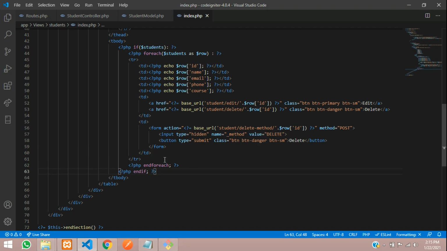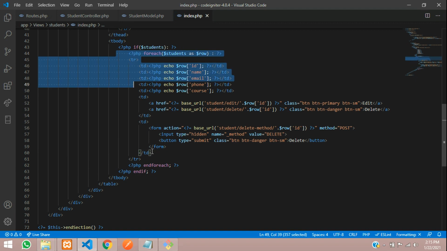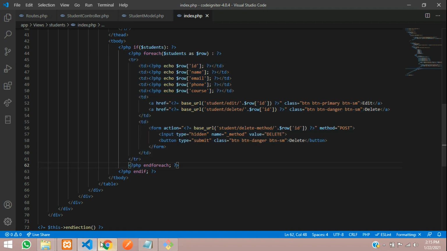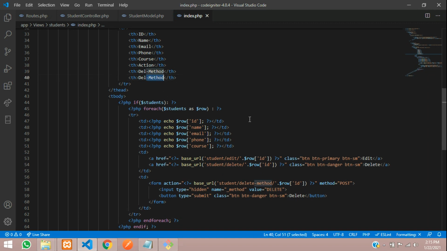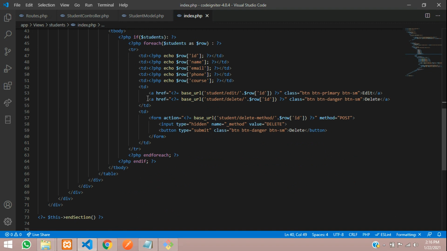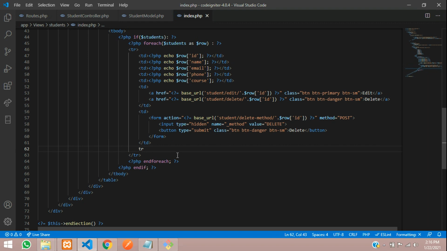As you saw, we are on the index page where we are fetching the table records. Now let me add one more column called confirm delete. Let's copy this delete button, but it's not required, so let's make it once again.